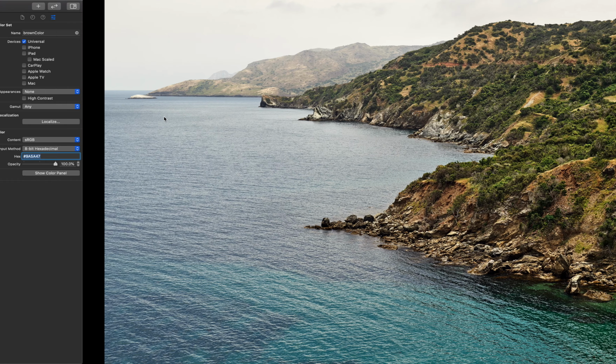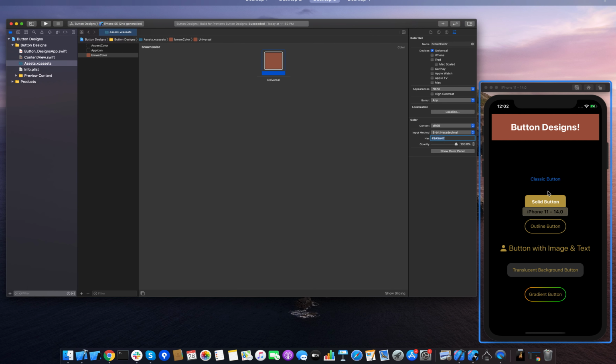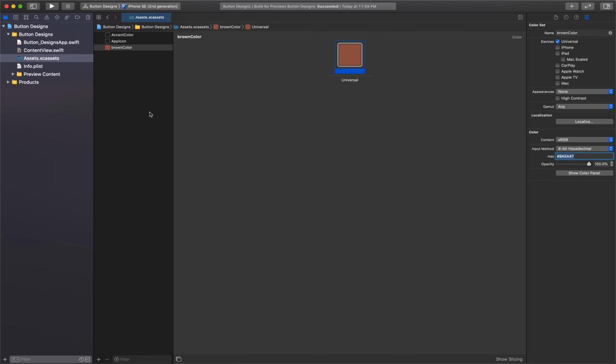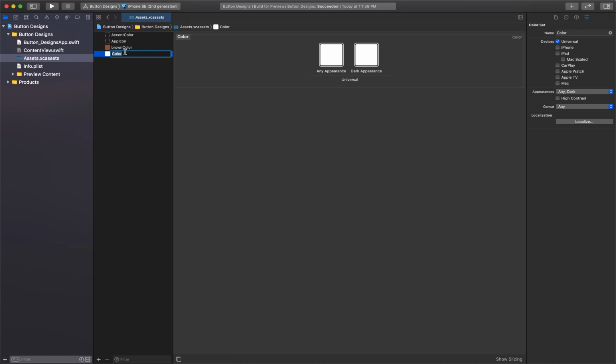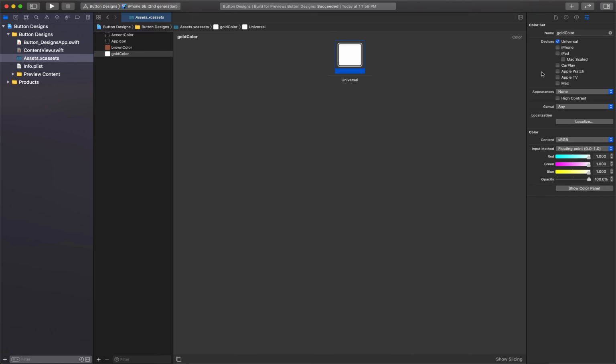Then I need to create one more color which you can see here, this golden color you can say. So let's create that. Use new color set, let's rename it as gold color, and again same, go here, none, so that it will create a universal color, and then we have to provide the hexadecimal value which I have already recorded, which is B79E52.